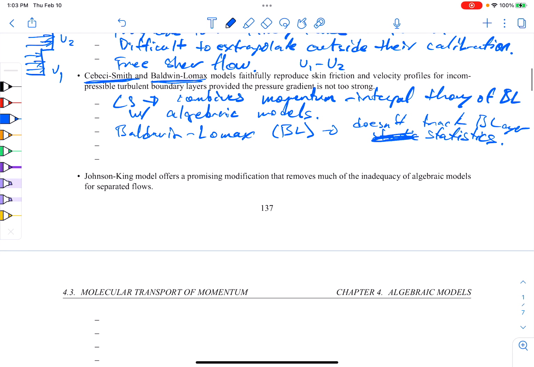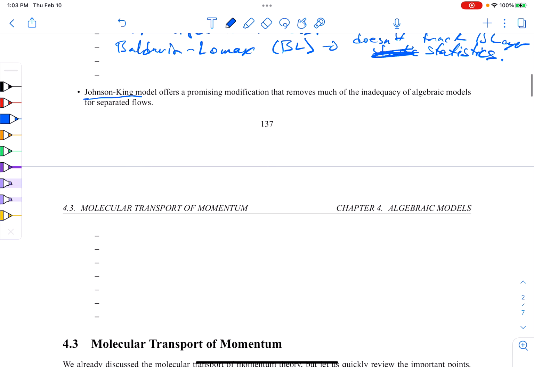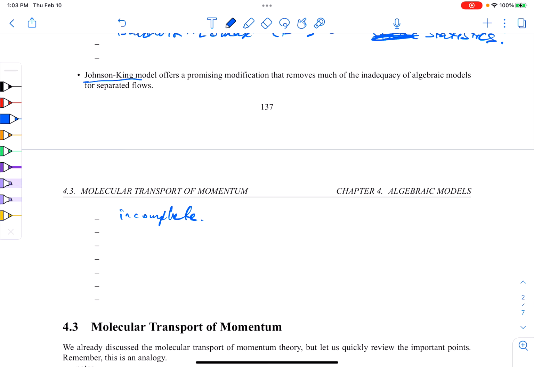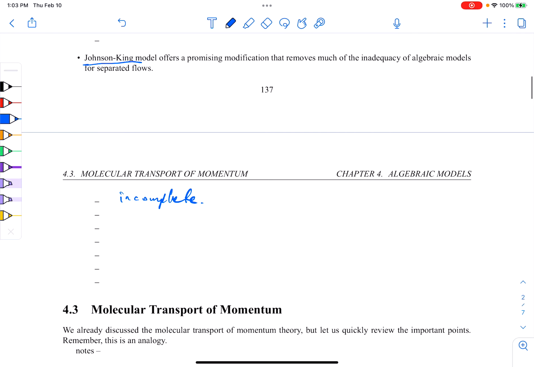After that, there was a model which we'll try and look at briefly, and it's by Johnson and King. And this Johnson and King model is also incomplete, I should note. And of course, it has all the same shortcomings as all the other algebraic models. But it had some extra physics kind of built in, which we'll look at. And some of the advantages are, unlike these Cebeci-Smith and Baldwin-Lomax models, it could handle separation of the boundary layers,